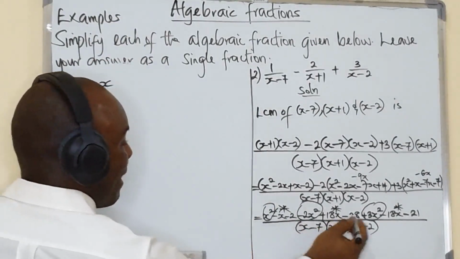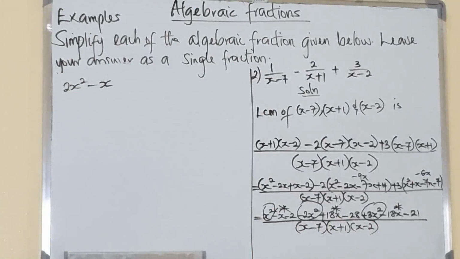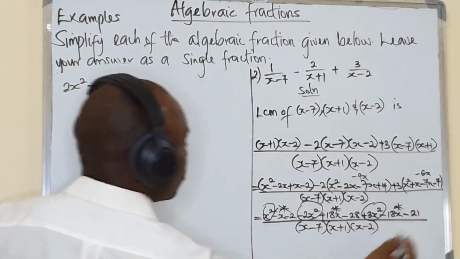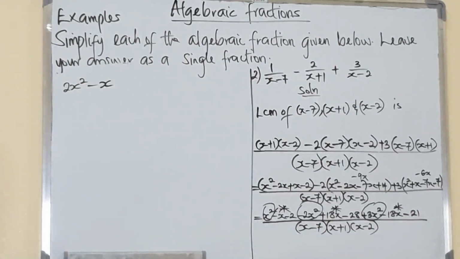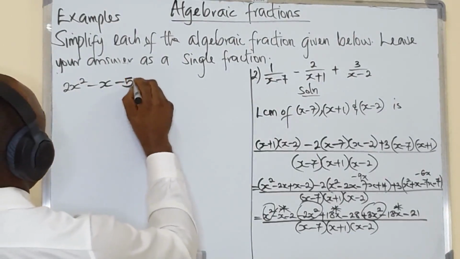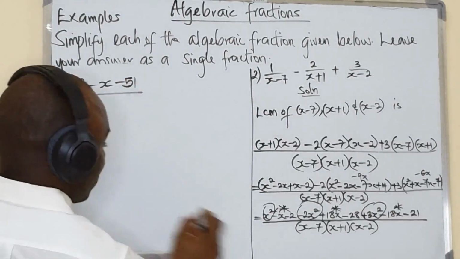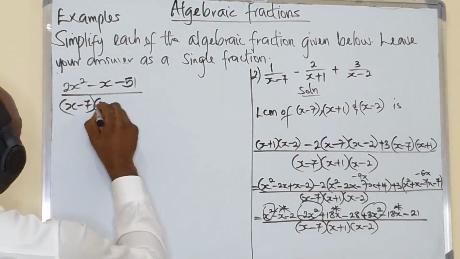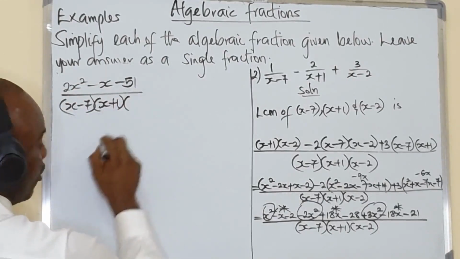Now it's time for the constant. Negative 2 minus 28 will give you negative 30. Negative 30 minus 21 will give us negative 51. So we just write it up here, negative or minus 51 right here. The denominator remains the same, which is x minus 7, open another bracket, x add 1, and open the last